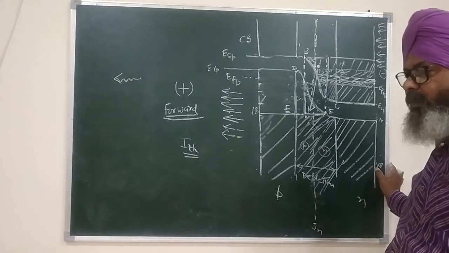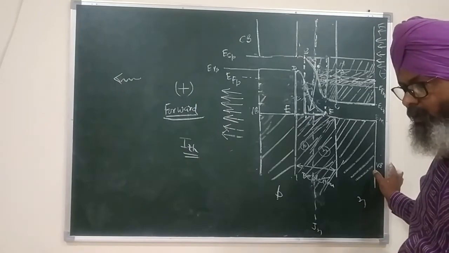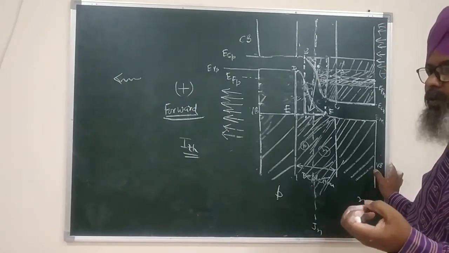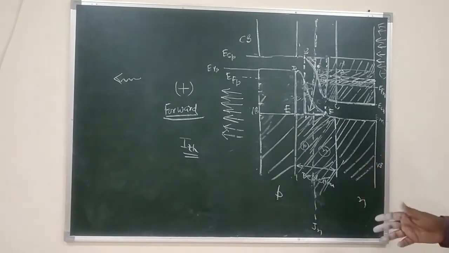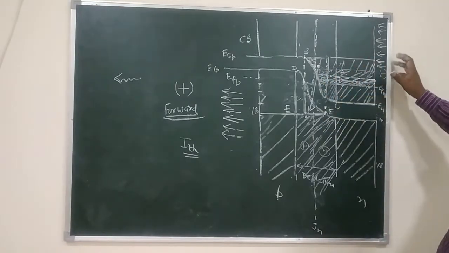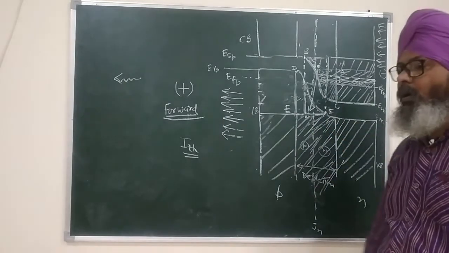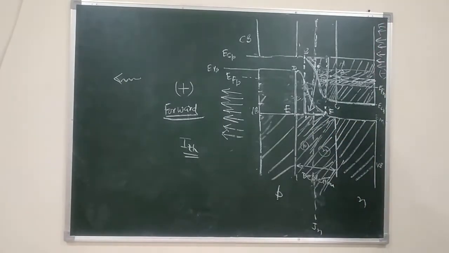That was also indirect pumping. It means we are giving energy to some other particles, and the laser action is given by some other particle. This is not the case here. Here the light is emitted by the electrons which are being pumped in by the battery itself. So there is no third agent available, and we are giving the energy directly to the particles which are going to emit the electrons. So therefore this is a direct pumping.